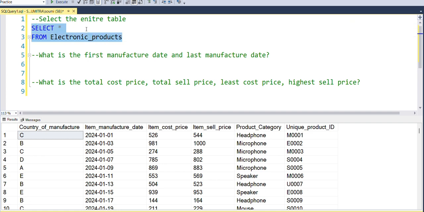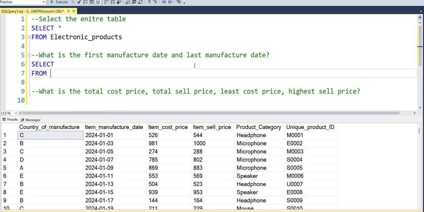Now I will select this query and I will press the execute tab here. What I have here is the entire table produced in front of me. Now let's move on to the next question. What is the first manufacture date and the last manufacture date? If you are good with Excel, I guess you would have guessed how to write this. So write select from